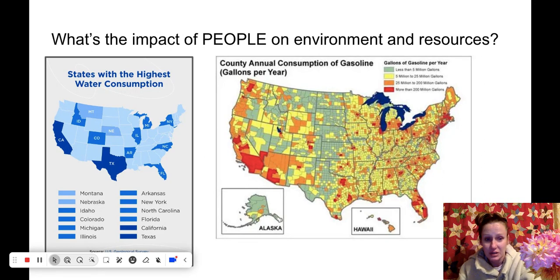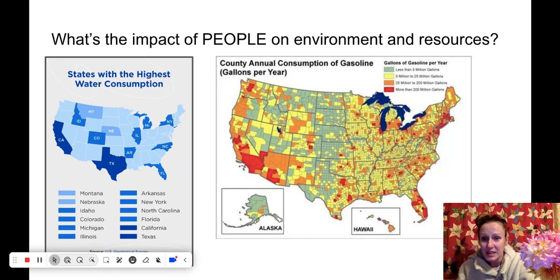Having Amazon deliver your things, right? So here's just some examples. We see two maps. You would say it's a local scale, but you could also say it's a national scale. It's of the United States, but you see states to the left. You see counties to the right. They are both choropleth maps where the shading indicates whatever it is that the geographer wants you to understand.